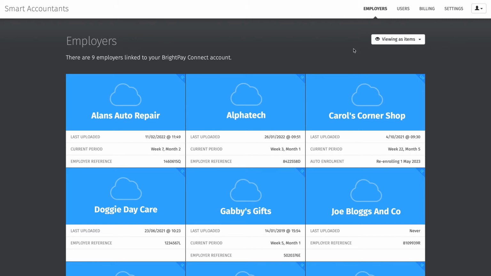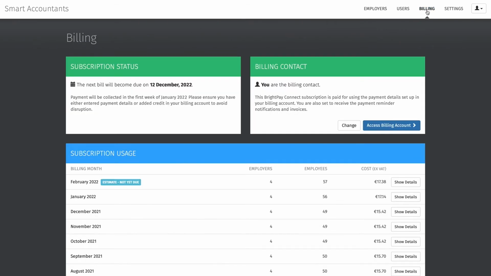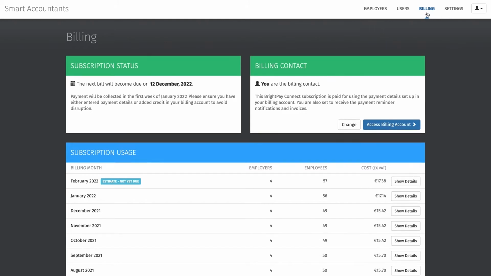On the Connect account home screen, the Billing tab will be displayed. Only users set up as administrators will see the Billing tab in the Connect account. Under the Billing tab, you can view your subscription status, the billing contact details, and the subscription usage with monthly billing details. The subscription status will show the details of when the next bill will become available and when the